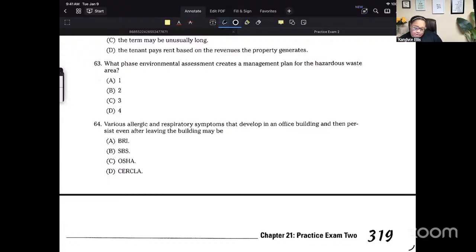Now, I'm sitting here looking at this, guys. I know I've heard of a phase one, that's the initial one. But usually you're just checking out in a phase one environmental assessment. That's what if you're going to be building something in an area and they're thinking, oh, this might have an environmental impact, but there's usually not a plan unless you find something that's wrong. And then you move to a phase two, which is going to be more in depth, but I don't know if it creates a plan.